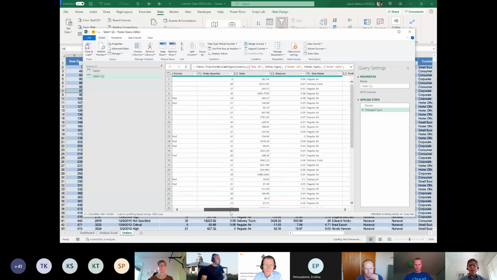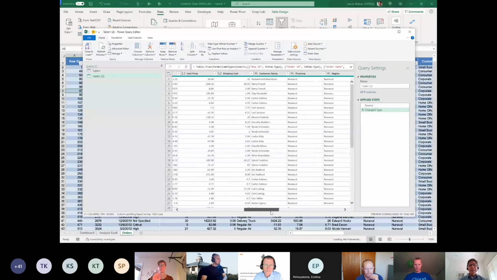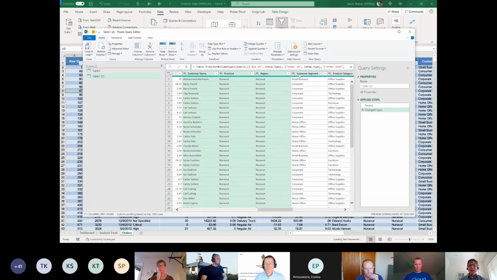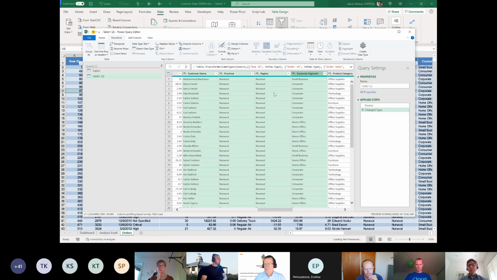And I can go and look at the data and see that, hey, I actually have columns like the customer name and the province and the region and the customer segment. And they all seem to kind of relate. And maybe I don't need to see them all in my resulting table at once. So I can choose to go transform this, and we've added a create data type